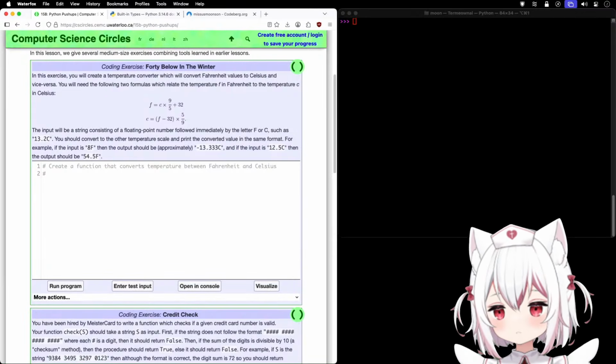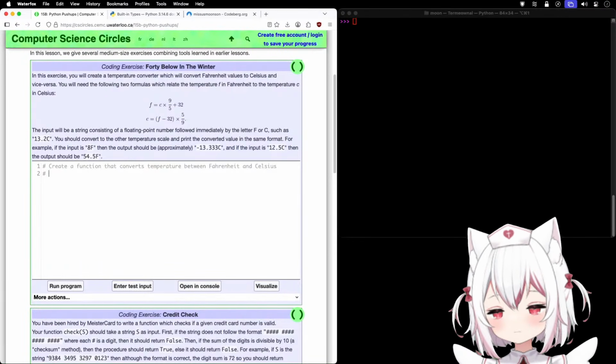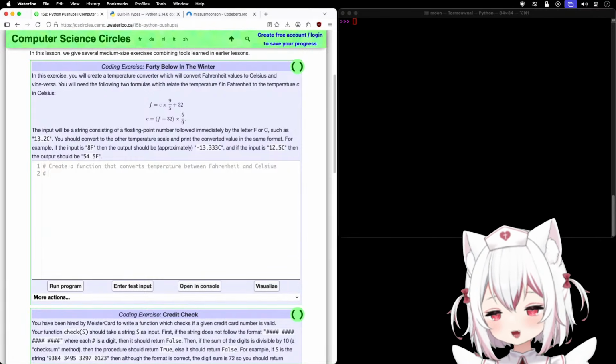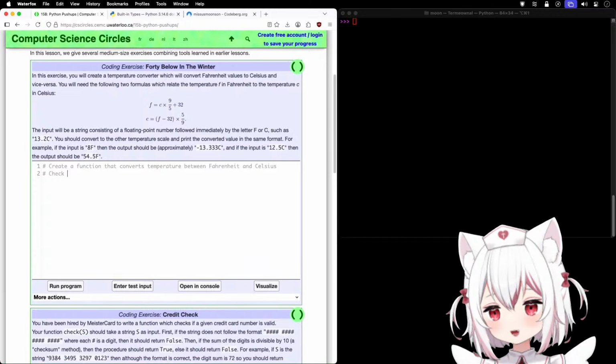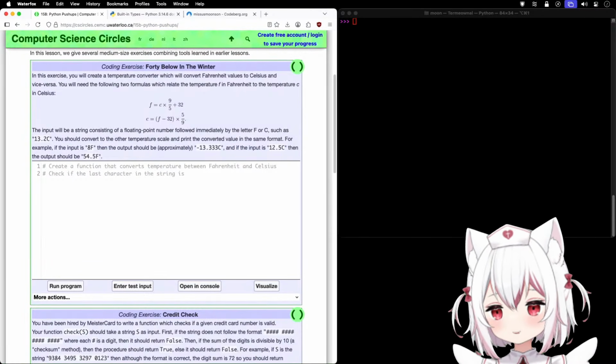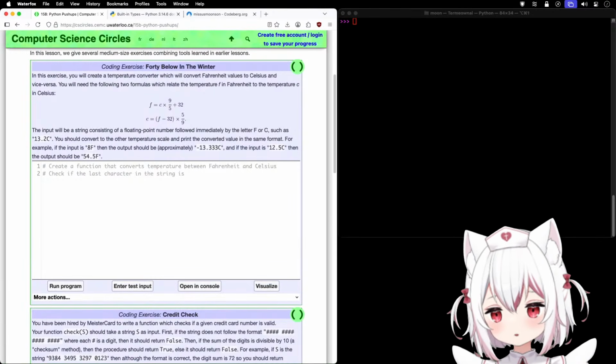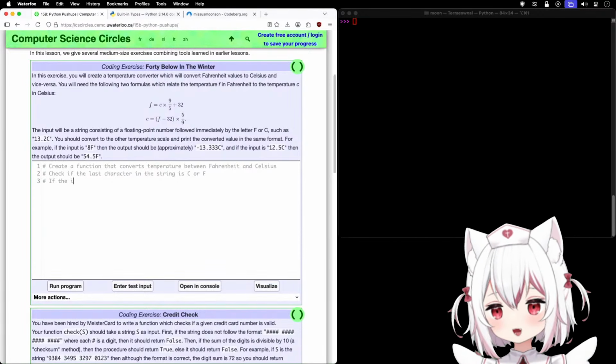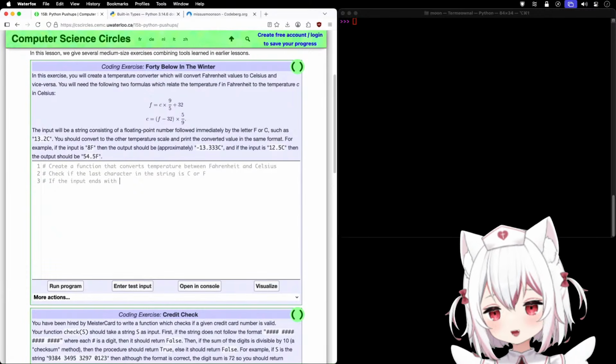We're going to get some input, and then with that input, we want to check if the last character in the string is C or F. If the input ends with C,